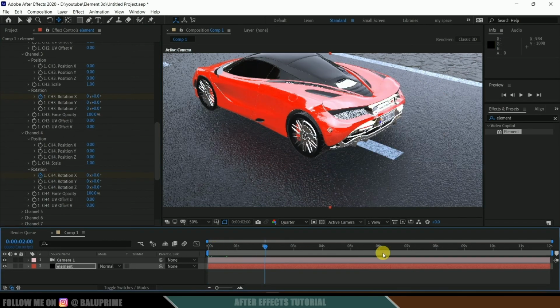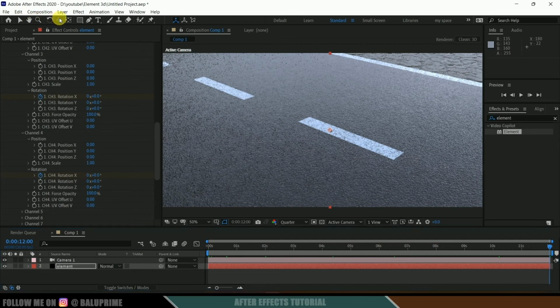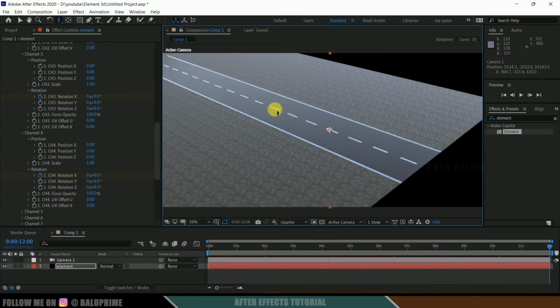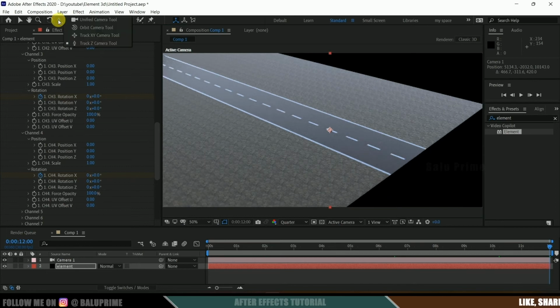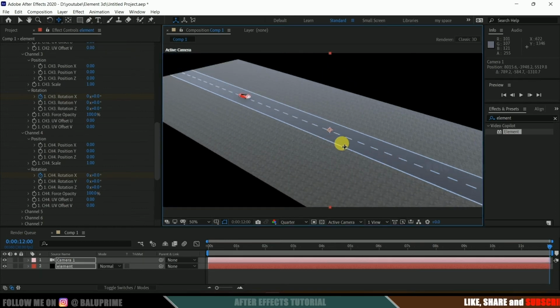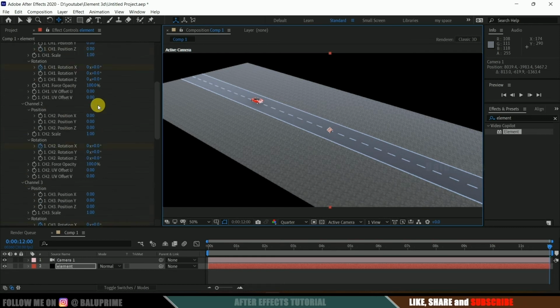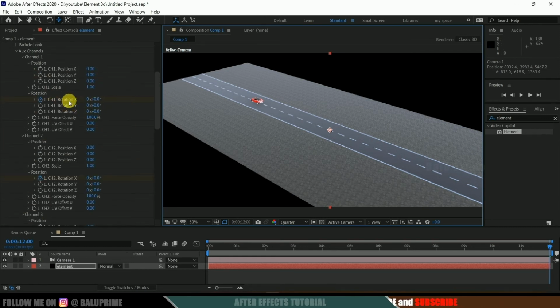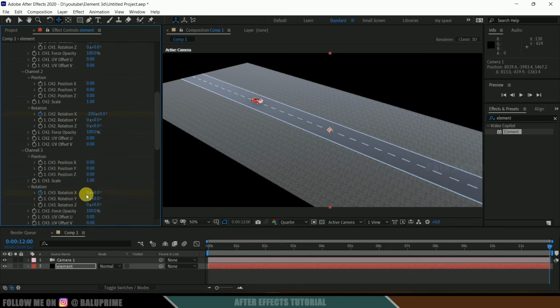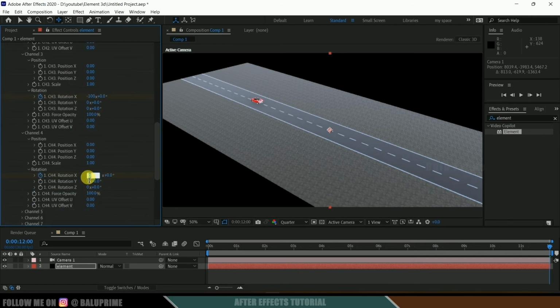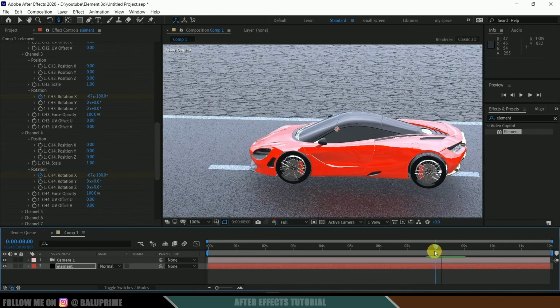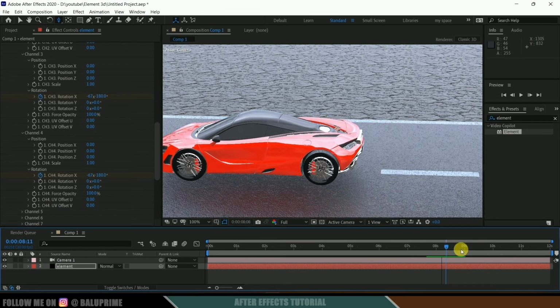Okay, so now move to the last frame and let me zoom this out a bit. So here we need to match the speed manually. I will give this number, like come to this channel 1 rotation x, select this number. So I will add minus 100 turns, and also I will add for all the four tires like minus 100. So let me change this to minus 100 and let me change this to minus 100. Okay, so we are getting the wheels rotated, but I think this is not enough, so I will change this